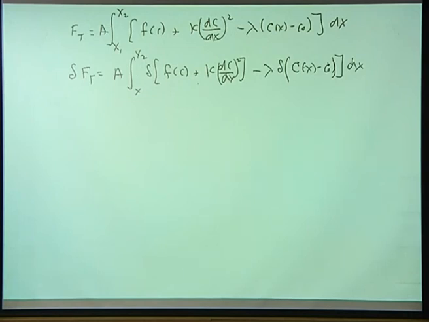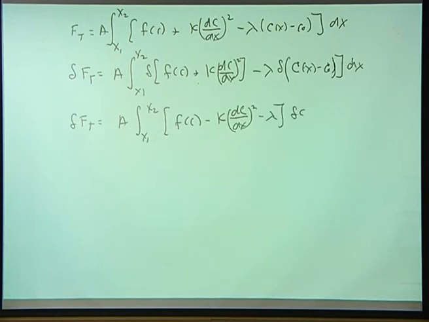And then you have just the variation in C. And so you collect the terms and you get dx. And that implies that if you set this equal to 0, you get lambda is going to be equal to the